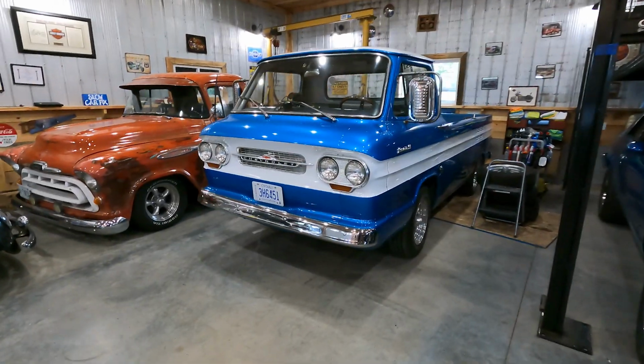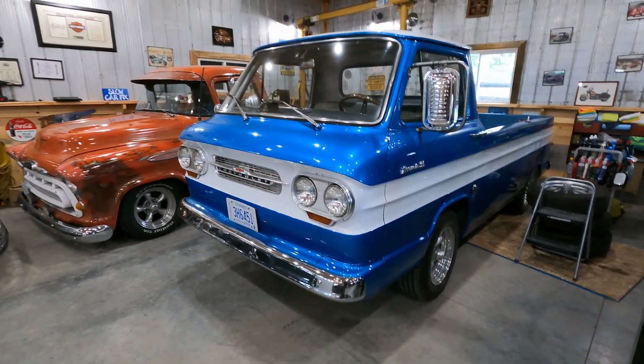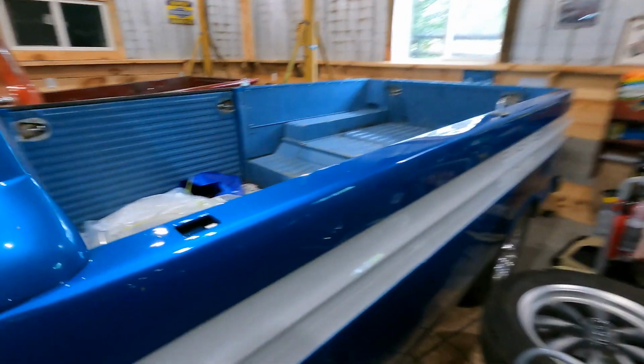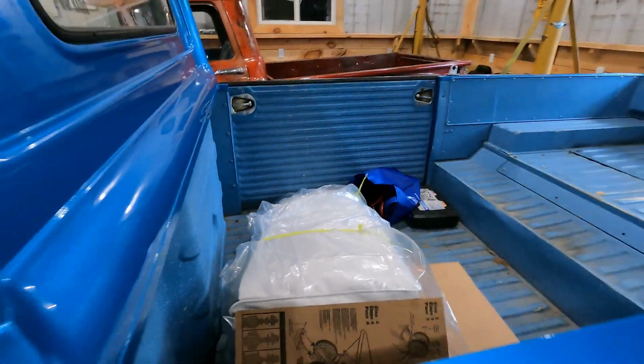Okay, the Rampy, the '61 Corvair ramp side. We drove this to Parry Sound on the weekend, which is about 3.5 hours each way, so it's like a 7-hour round trip, and it worked flawlessly. It was great. We swapped some parts, hung out with some friends. It's all good stuff. And there is the back seat for my '64 Coupe that Jim recovered for me,